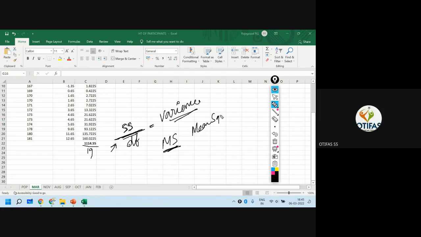Yes, please remember these two words. Why I am telling now, because I will recall it in another lecture. Sum of square, SS, and mean square, MS. SS divided by degrees of freedom is MS. Sum of square, mean square. Now mean square is nothing but variance.